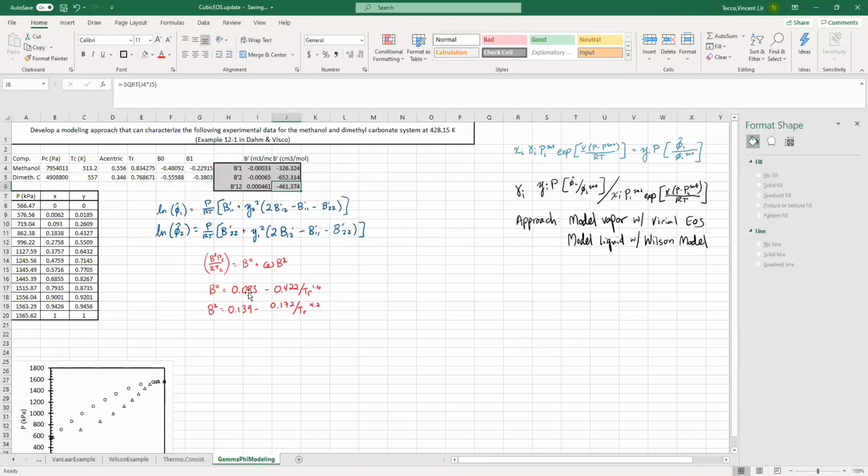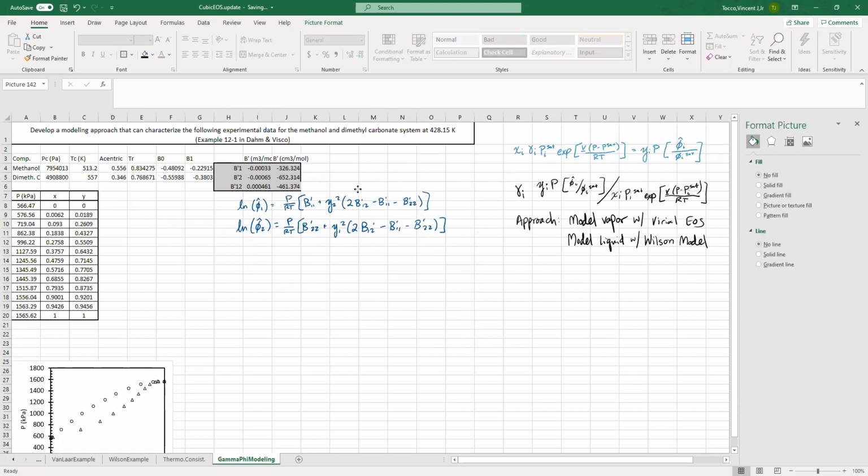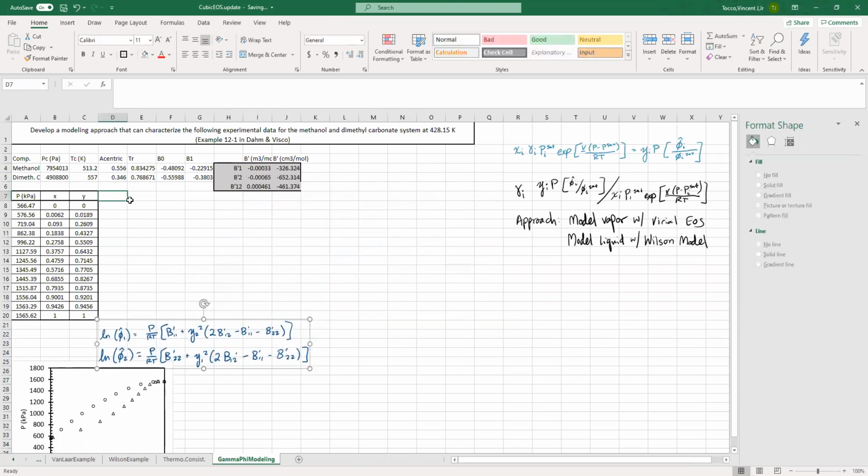All right, next, where do I go next? I want to calculate the mixing B prime. All right, so I haven't calculated what the mixing B prime is yet, so I need to find that in my notes. Actually, I'm sorry, we don't have to calculate the mixing B prime. We've done that with B prime 1, 2. What I need to do now is use these 2 equations to obtain what the mixture fugacity coefficients are. So right next to my experimental data, I'm done with this now. This red box can go away. I've already used it. I'm going to now use this blue text in order to calculate what my mixture fugacity coefficients are. So I'm going to say phi hat 1,